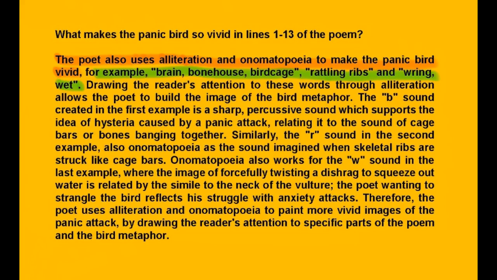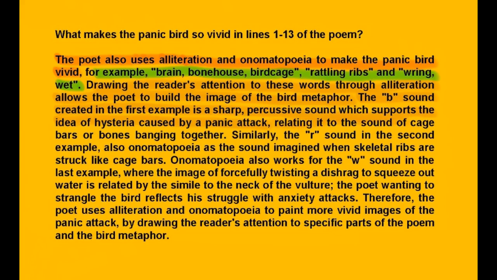Okay, and then we want to spend a little bit of time explaining. Drawing the reader's attention to these words through alliteration allows the poet to build the image of the bird metaphor. So we define what alliteration and onomatopoeia is used to draw readers' attention to something specific in the poem. And here we have the B sound, or the B, br, created in the first example, is a sharp percussive sound which supports the idea of hysteria caused by a panic attack,